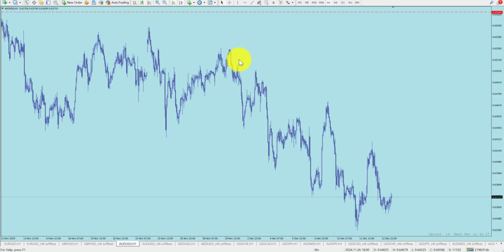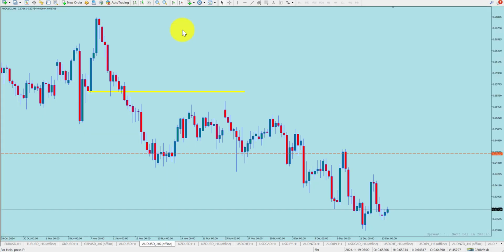Is the Aussie going down? Yep. Here's the 6-hour Aussie chart. What does this look like to you? I see lower highs and lower lows. We're literally following a downward channel on the Aussie. And yet, it's down here. It hasn't taken out this low yet, but boy, it looks like it's about to. And yet,